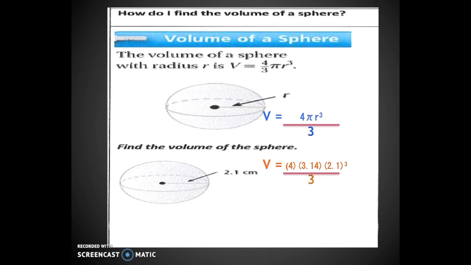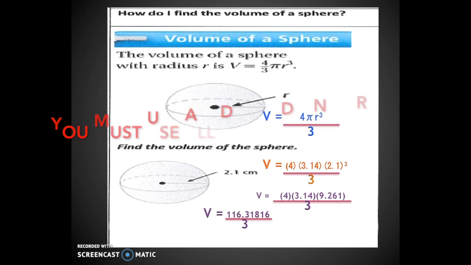Volume is equal to my 4 times my 3.14 times my radius, which is 2.1 cubed, and all of that divided by 3. Let's simplify the top, and we are going to get 4 times 3.14 and my radius cubed, which is 9.261, and all of that goodness is going to get divided by 3. When you simplify out the top, it leaves us with